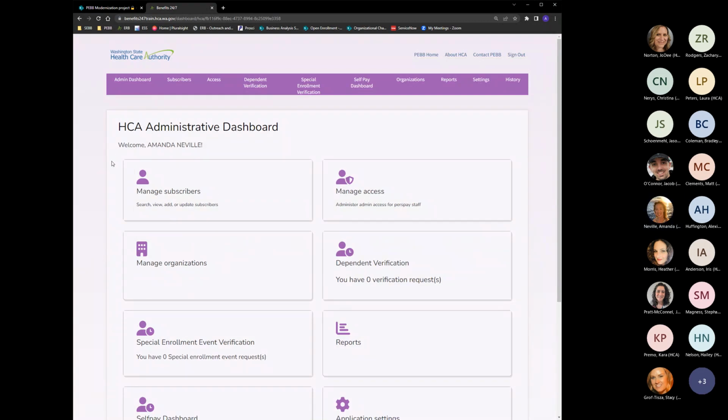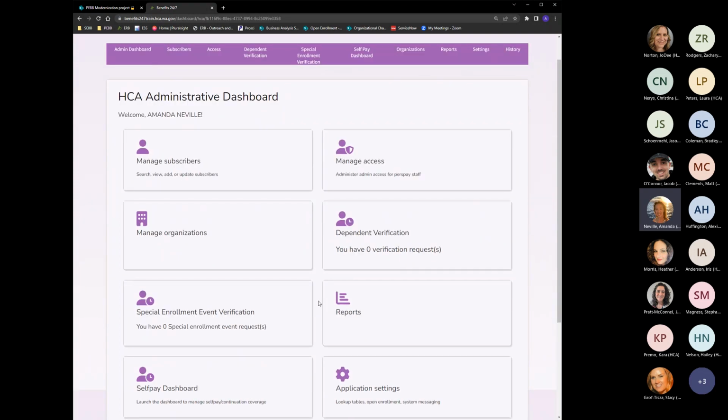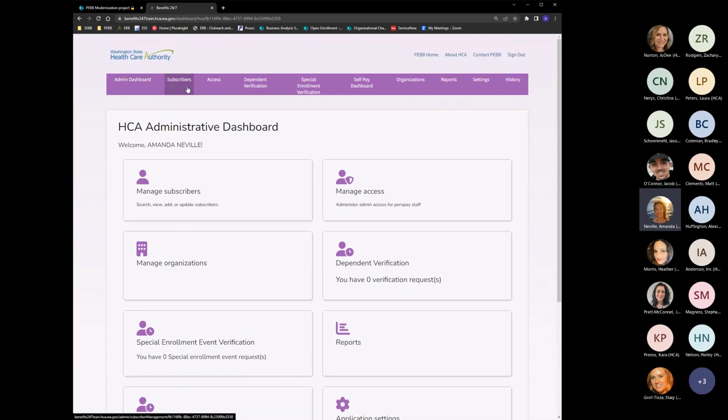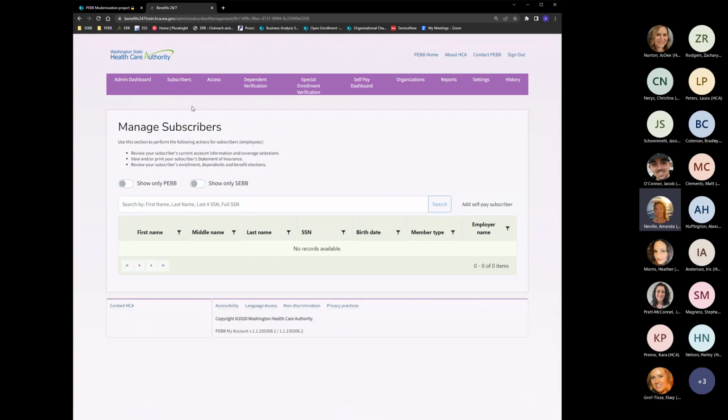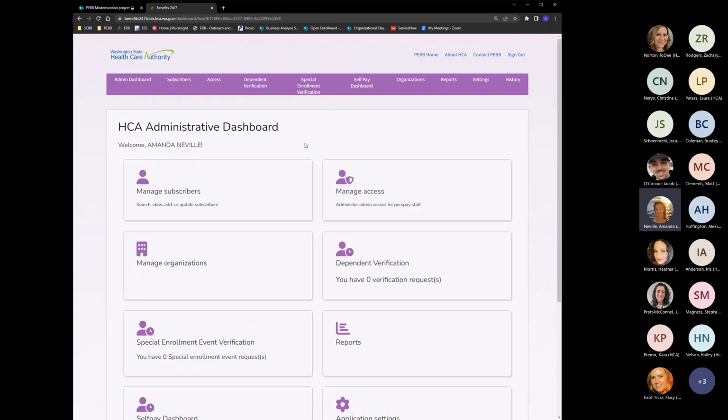So any of these, we consider these tiles or widgets, whatever makes the most sense to you. They also do map to a link in the navigation bar at the top of the screen. So I referenced the manage subscribers. I could either click on this tile here on the dashboard, or I could click on the subscribers in the navigation bar, and it will take me to the same place. So heading back to my dashboard here,